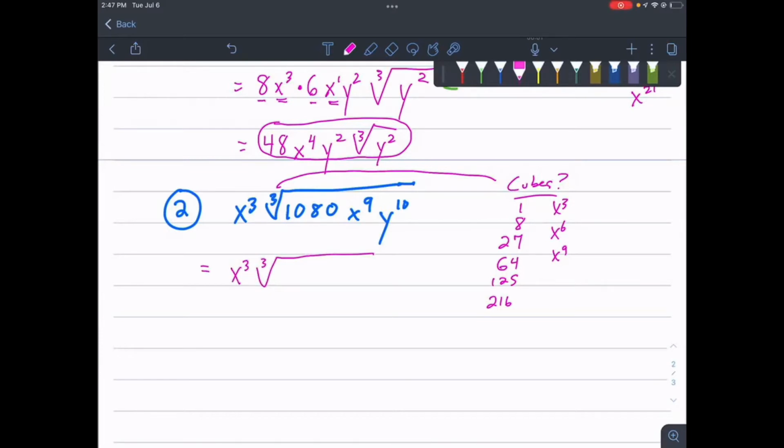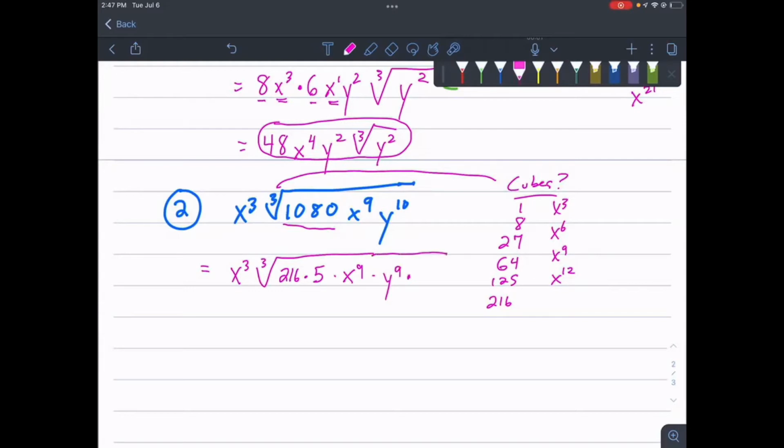So let's see, 1080, if we divide that by 216, that comes out pretty nice. So the 1080, we can make that 216 times 5. The x to the ninth is already a cube, so we don't need to rewrite it, x to the ninth. Y to the 10th, though, the next one would have been x to the 12th. So this y to the 10th is not a perfect cube, but we can write it with y to the ninth